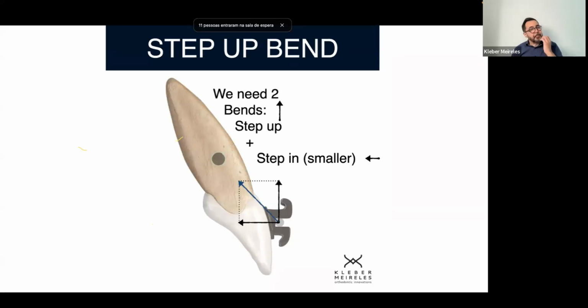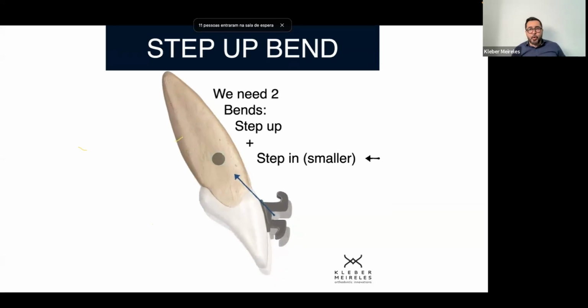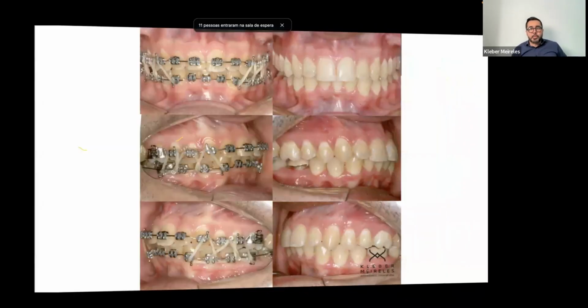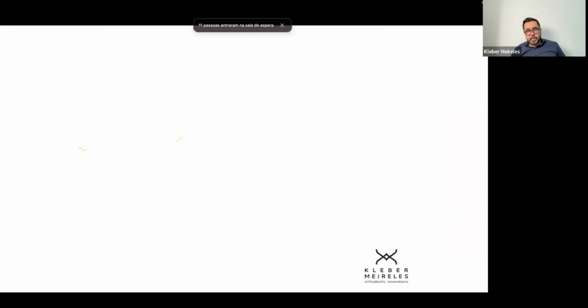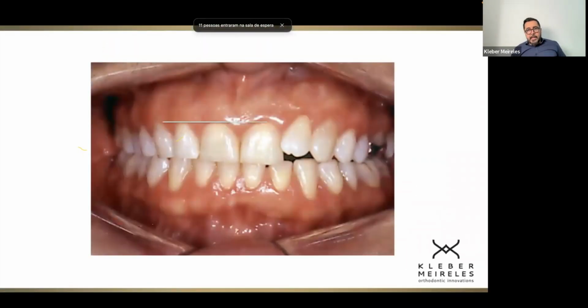So now we have an intrusive force, virtually a real intrusion, because the line of action of the force is passing through the center of resistance, okay? So this is what we do using one resultant line of action of the force, okay? Again, another clinical